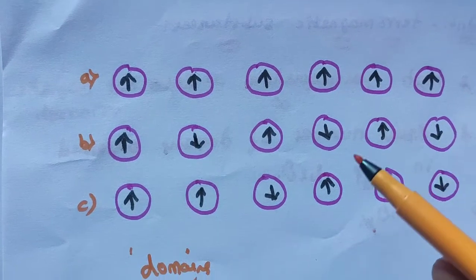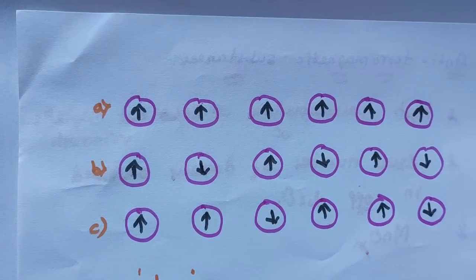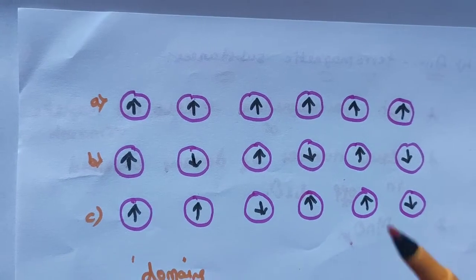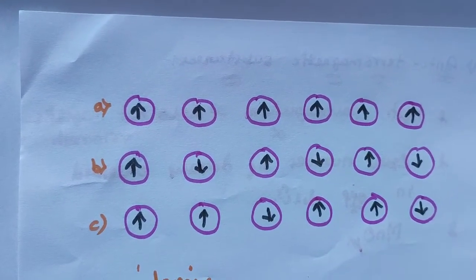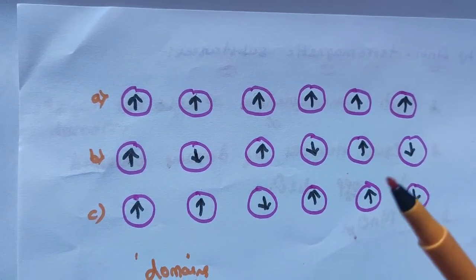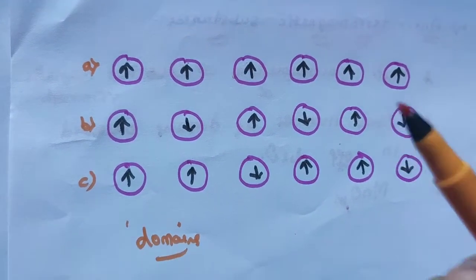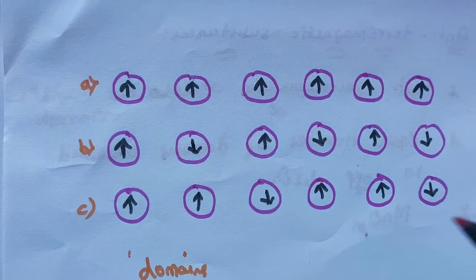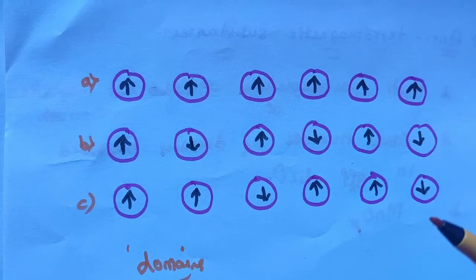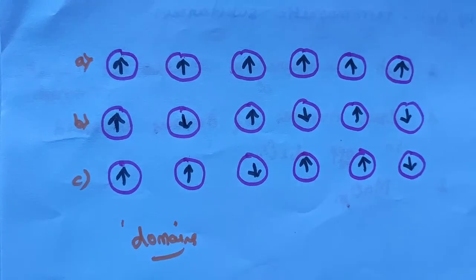So by this we have finished the magnetic properties of solids. It is also a very important concept. There is a possibility of short note questions being asked, such as explain the magnetic properties of solids, or define diamagnetic substances, paramagnetic substances, or what are domains. In board examinations there is a possibility of such questions, so just understand this type of concept. Up to this it's enough for the magnetic properties of solids.